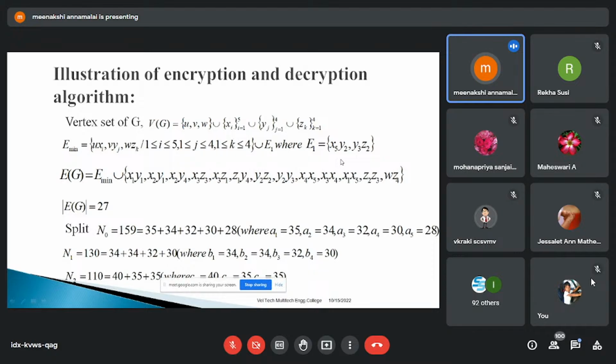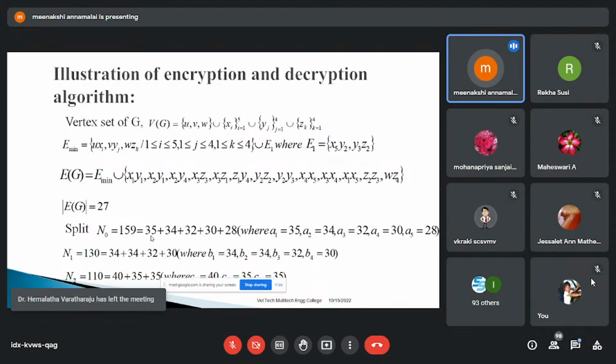So according to that, I set the cardinality of E of G equal to 27. Now I'm splitting. Neighbors of U are 5, so that's why I am splitting a knot into 5 members. 5 subdivisions are there here: 35, 34, 32, 30, 28. This is also your wish. If we make a partition like that, nearly equal numbers, maybe 32, 31, 30, then your network will be a very good network. So that's why I am defining.